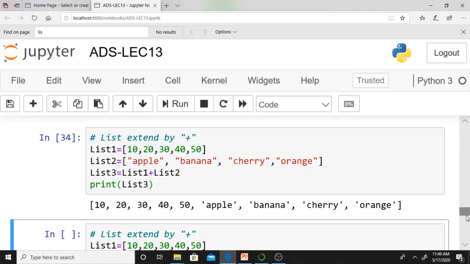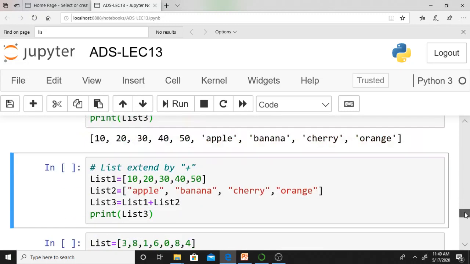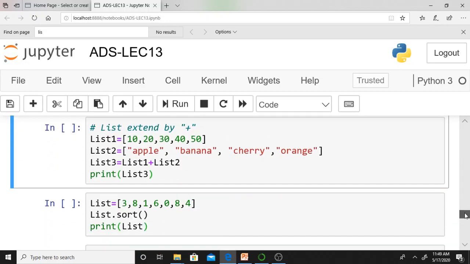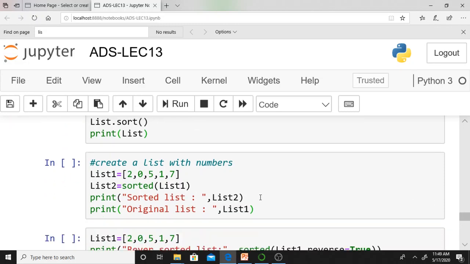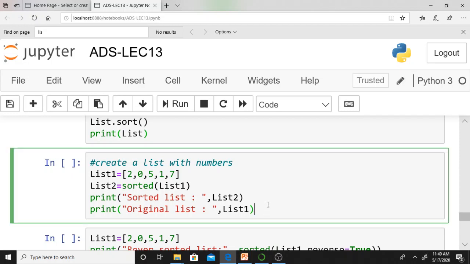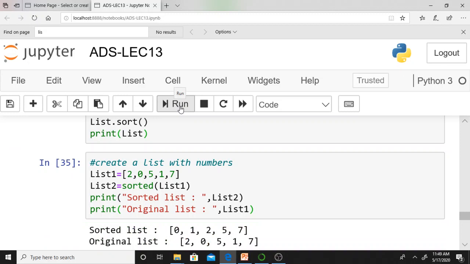If you take another example, list dot sort means it will sort the elements, which we already discussed. This is list 1, list 2, sorted of list 1. Sorted of list 1, this I already discussed in the PowerPoint. This will get sorted, and the original list remains the same. That's what it says.